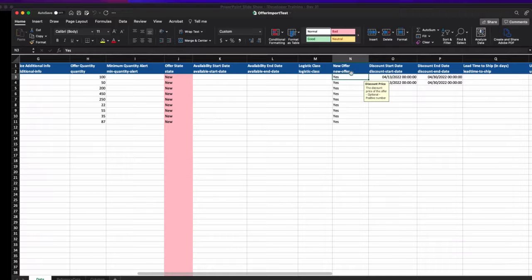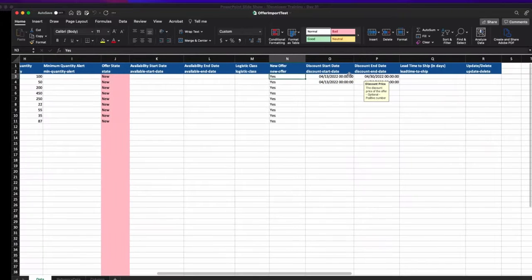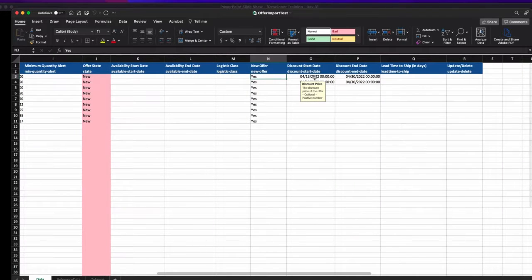This is just a sample custom field. You can define any number that can be provided and be required or optional. And then you can see there are also options for discount information. So the discount price, start and end date, as well as a lead time to ship option, which will impact how we view the checkout and what the shipping deadline will show as,